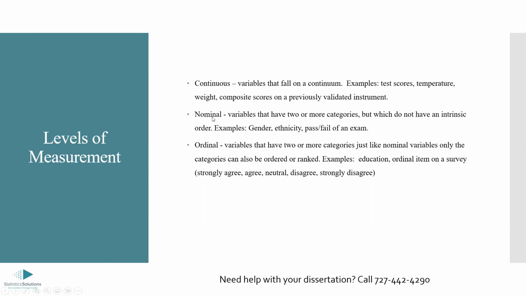Nominal variables are categorical variables. So there's no intrinsic order to these. We have gender, ethnicity, passing and failing of an exam. These are all categorical variables. Ordinal variables are a subset of nominal variables. However, they have a natural ranking or an order to them. Examples of these include education. If education is a multiple choice response,